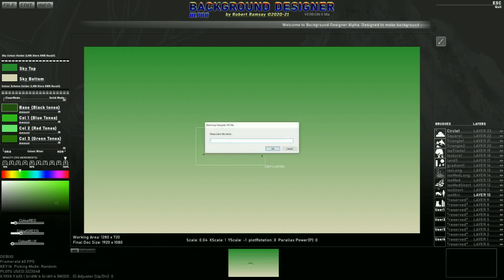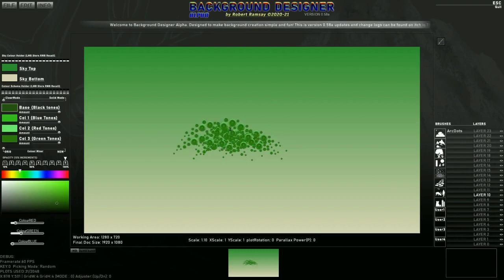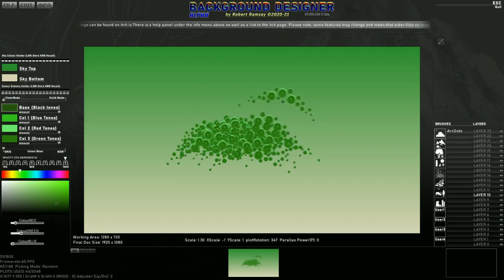And now I get to name this brush, and I'm just going to call this arc dots. Basically describe what it is. That now appears here in the user one category, and I can now draw with even more of that and make lots of them. I can use the R key to rotate it to the right, or the E key to move it to the left. So E and R basically rotate, and scaling, and make some nice pattern up. I can use X to flip it horizontally,